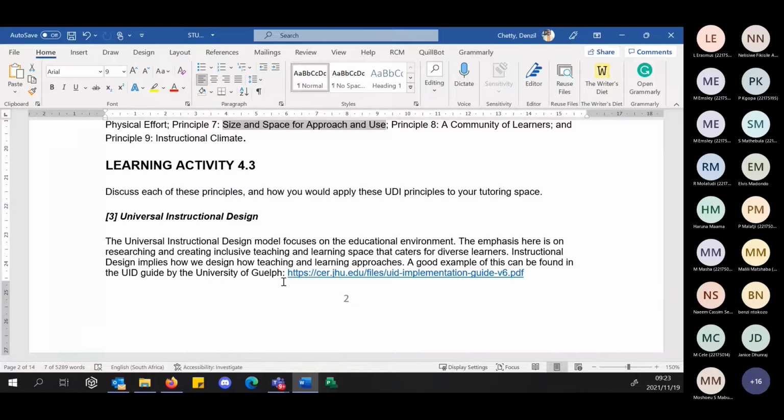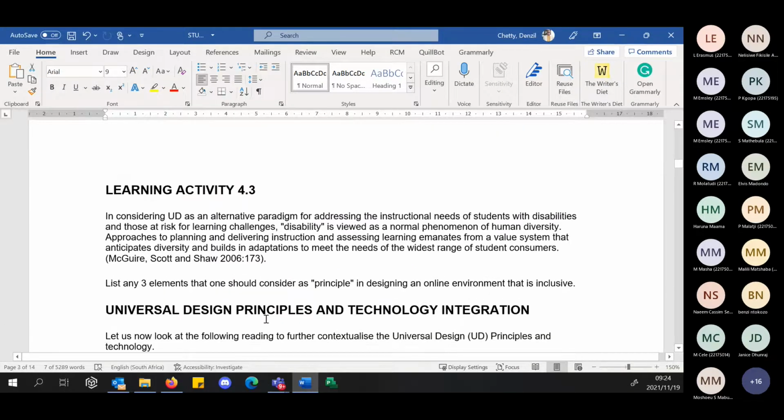But when we talk about the research element of this, and this becomes quite critical, is to think about student experience. In the previous study units, I mentioned learning analytics, understanding how students behave. By gaining that data, remember my earlier point of students not being forced to disclose their disability, through the data on student behaviors, we are able to see how students engage in online platforms, what they are looking for, and the challenges they have. That becomes quite important when we start thinking of designing inclusive spaces, right? Now, you've also got another learning activity which talks about UD and applying these concepts in your own environment.